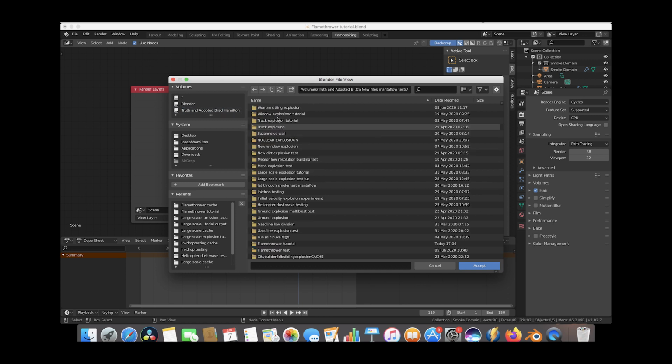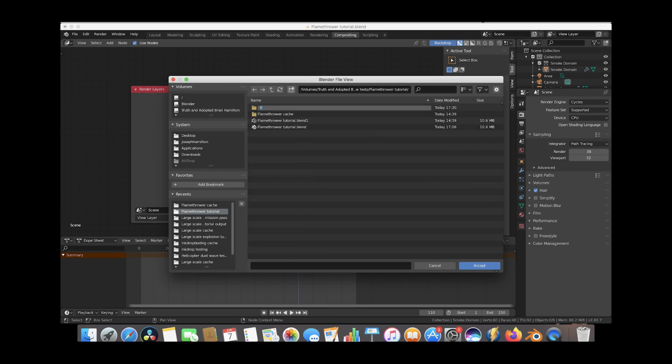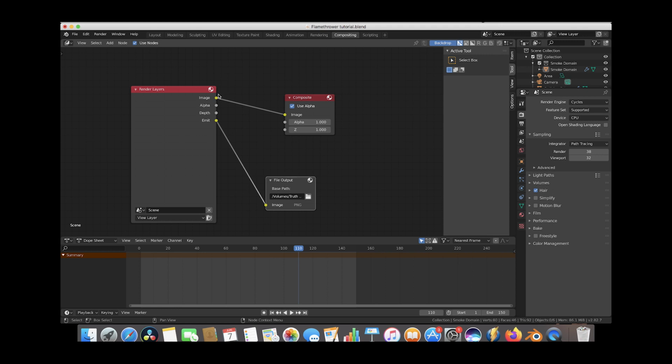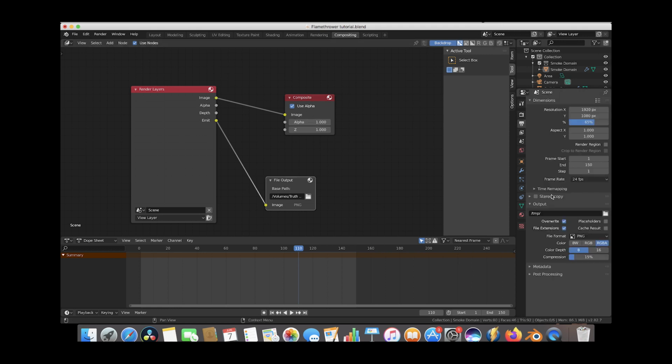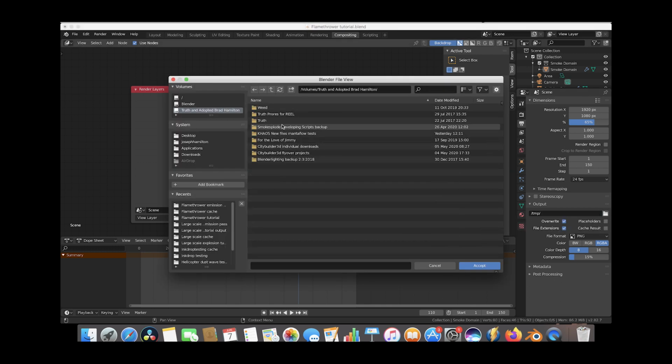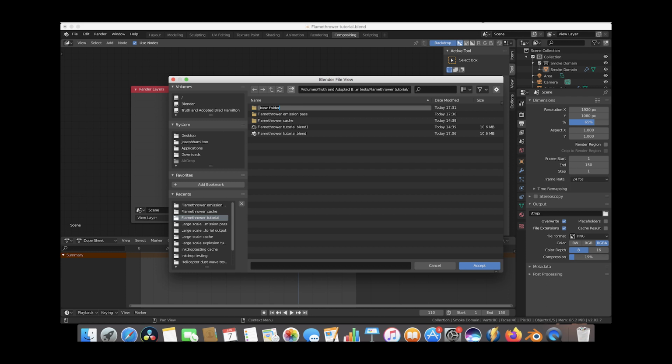So I'll just find that folder for our project here. We'll call this flamethrower emission pass, and our beauty pass will be exported through our image to the composite here. So we'll go ahead and go to the output node here and select where we want our beauty pass to be. So go ahead and select this, and we'll find that same folder, create a new folder here. We'll call this flamethrower beauty pass,